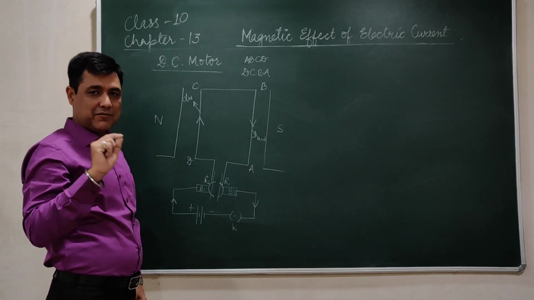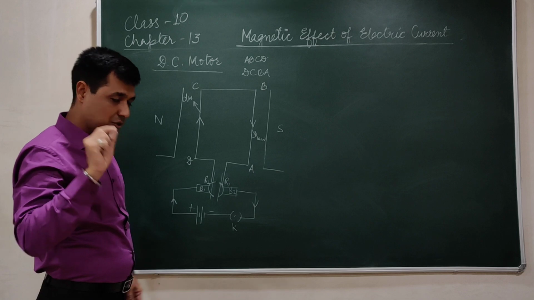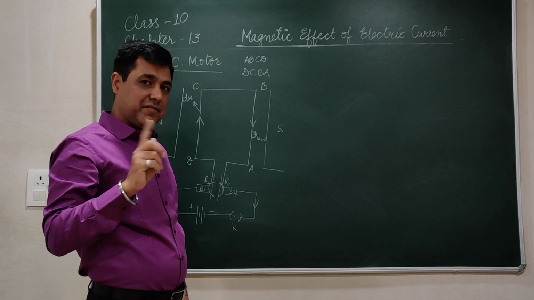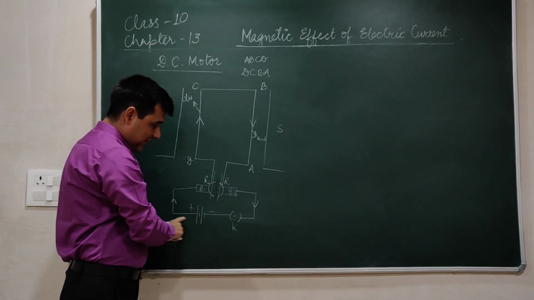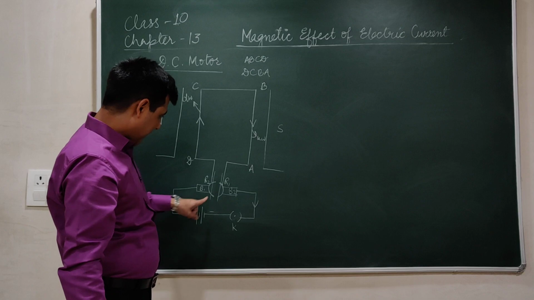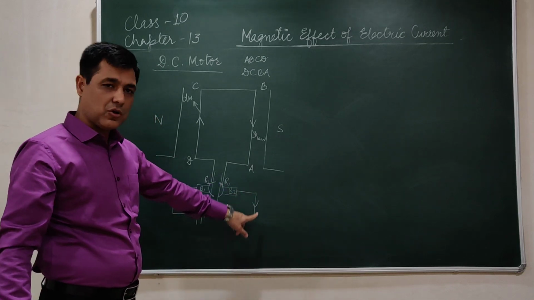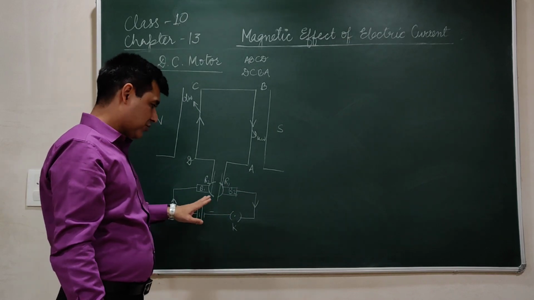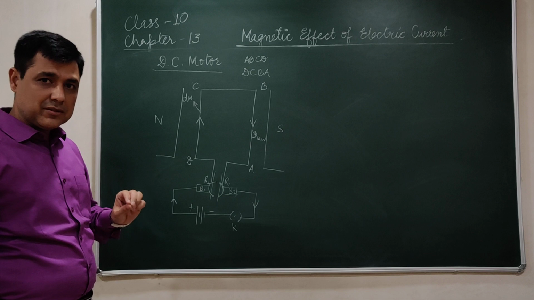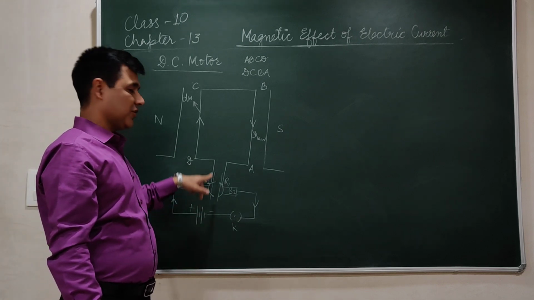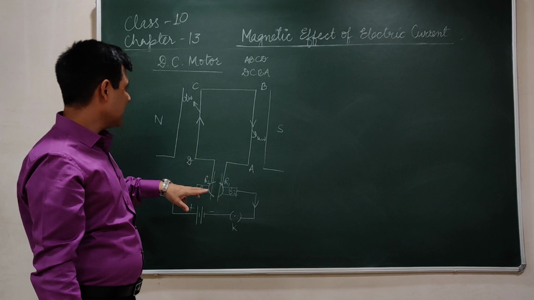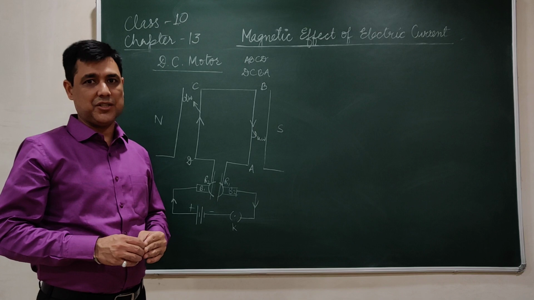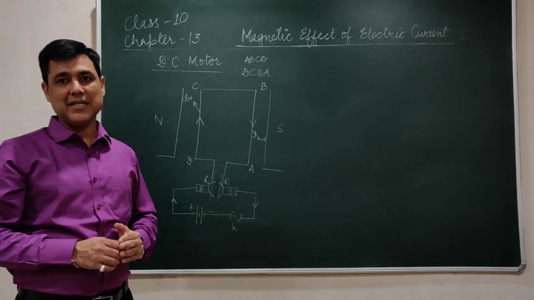Now one very important thing which we have to mention over here, that the direction of current in the armature coil changes after every half rotation, but the direction of current in the external circuit remains constant. If I take it clockwise, it was clockwise in the first half cycle and it is clockwise in the second half cycle. So this is called DC motor. Why motor? Because you can see that the electric current is converted into mechanical energy. And second thing we have seen, because it is DC, the direction of current does not change in the external circuit. It remains fixed.